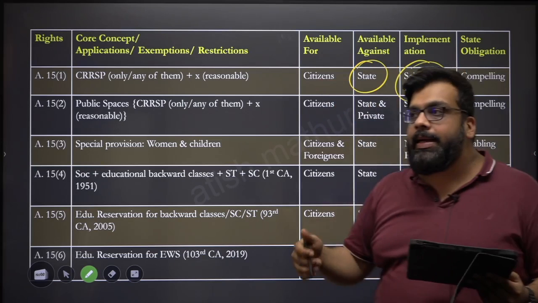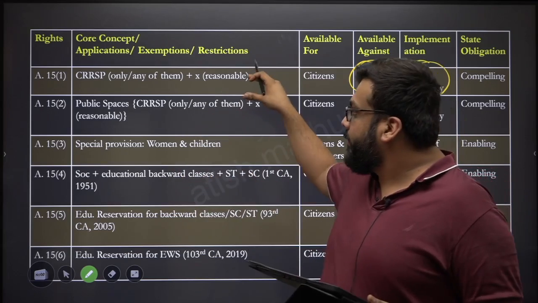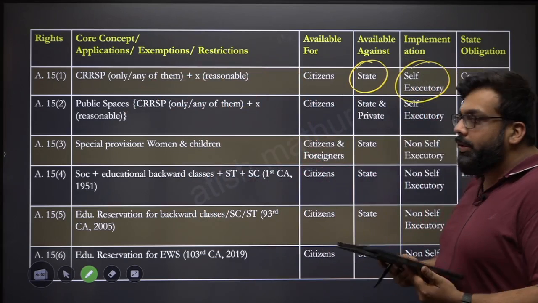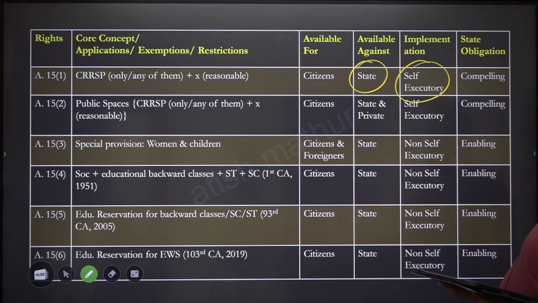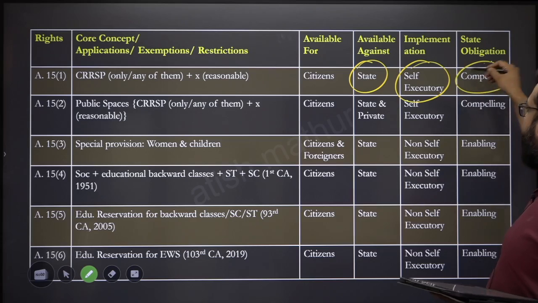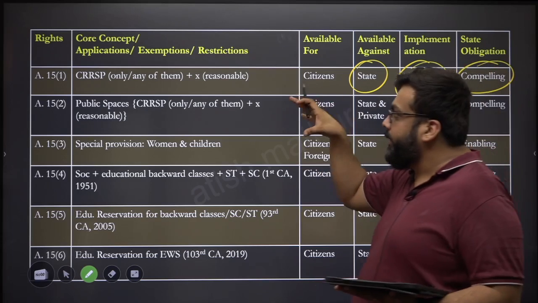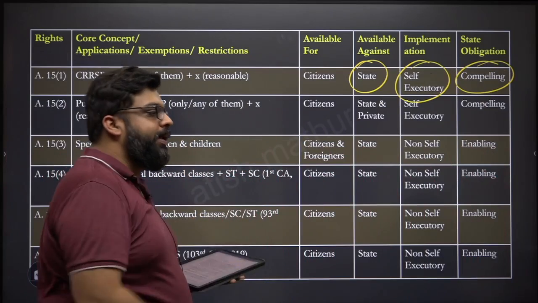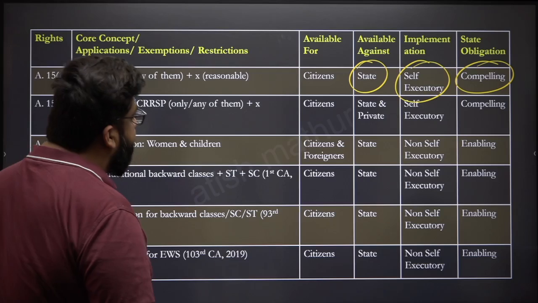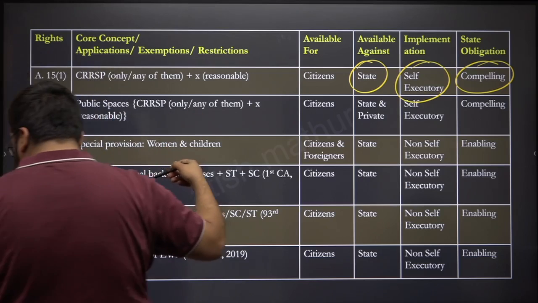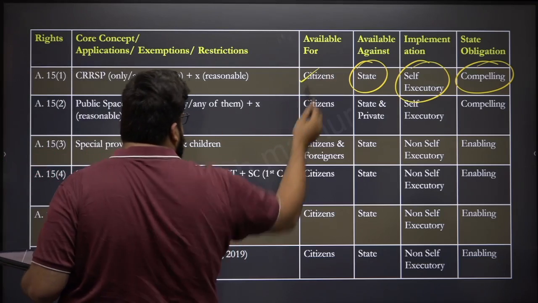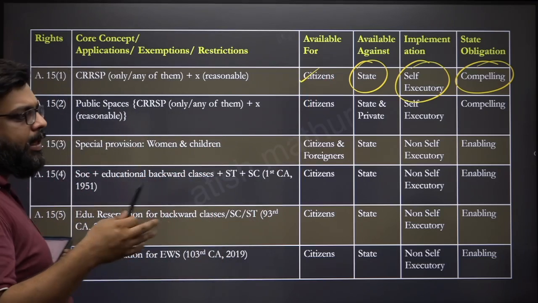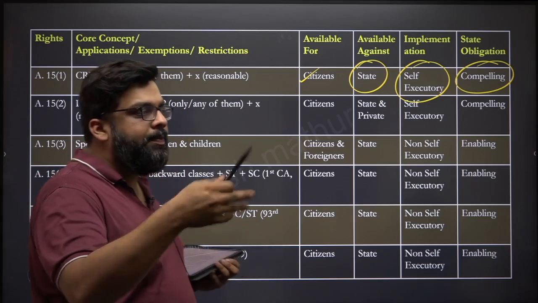You do not need any other law than 15.1, which already lays down the criteria on which you can't discriminate against people, and it is of course compelling, and the government and the state are bound by this in the sense that they have to make sure they uphold 15 Clause 1 under all circumstances. Right, and of course it is only available for the citizens. Now let's look at 15 Clause 1. It basically says you can't discriminate against people on the basis of,